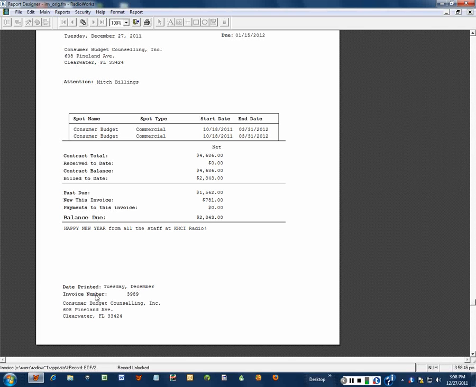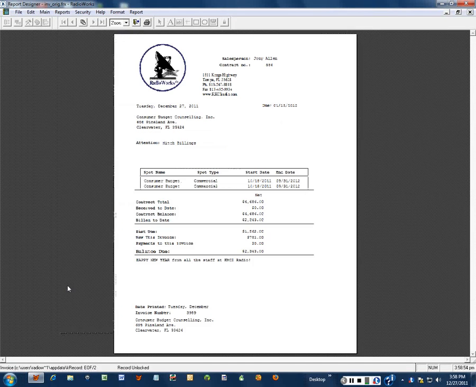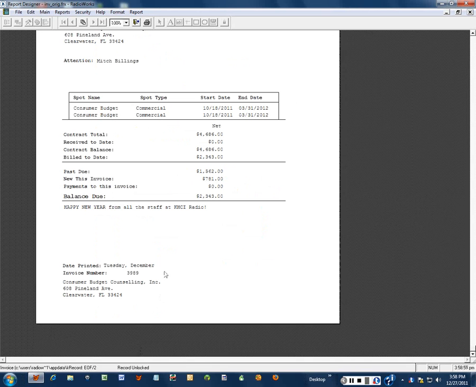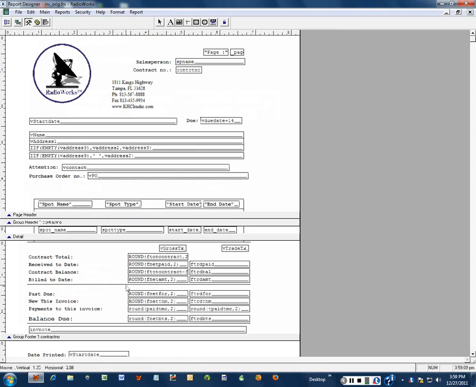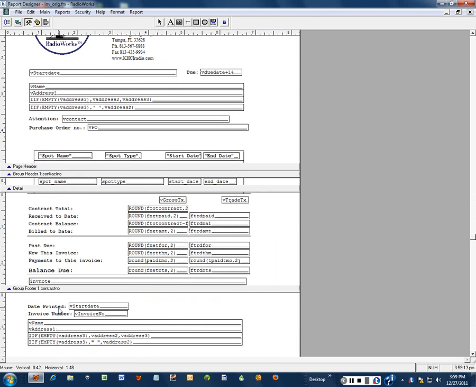If you don't want the invoice number showing through the envelope, you may want to raise that up there. And that's easily enough done. For example, date printed. We've got to get out of our viewing here, close the preview, and here are those fields. We'll take a look as we go down. Okay, date printed, and I can move that up if I want it, or I can just delete it. Same with the invoice number,